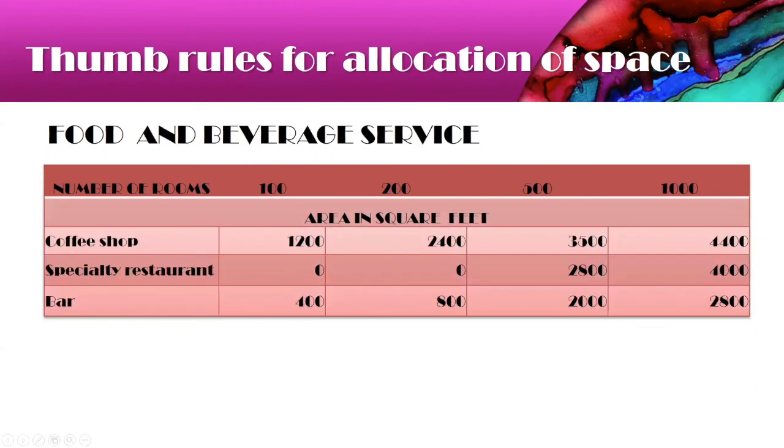Similarly, we move ahead to food and beverage service. These are general figures. We've not written about all the areas that are covered in food and beverage service, but a coffee shop, a restaurant, and a bar. So a specialty restaurant may not exist in a 100-room hotel or a 200-room hotel. So the space allocated to them would be zero. But the coffee shop would certainly be there in all types of hotels. The space allocation similarly goes on increasing according to the number of rooms. Then we move ahead to